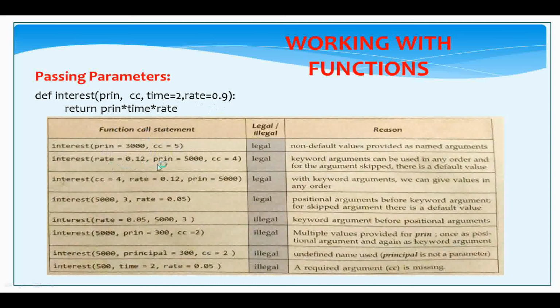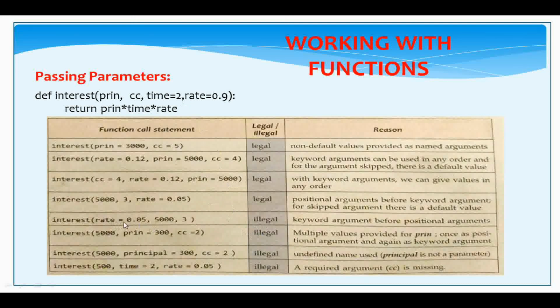Here we are providing rate and time, principal, and cc also as keyword arguments. In the third also, cc, rate and principal, all three arguments are given, and time is given the default value.